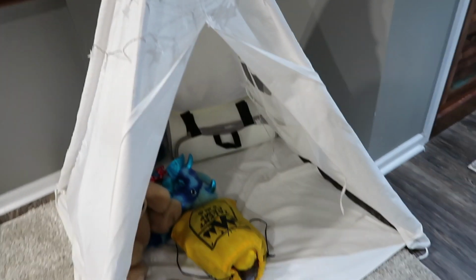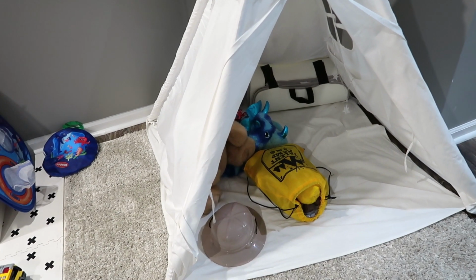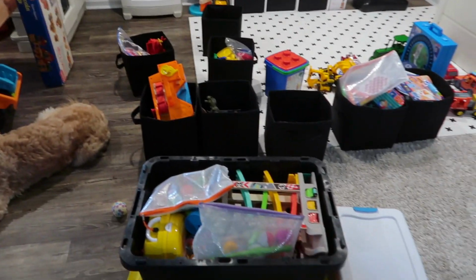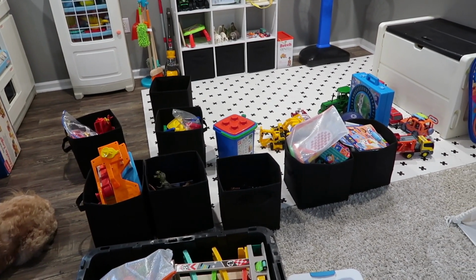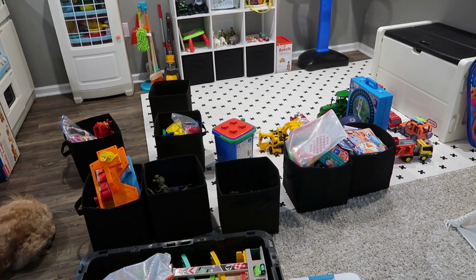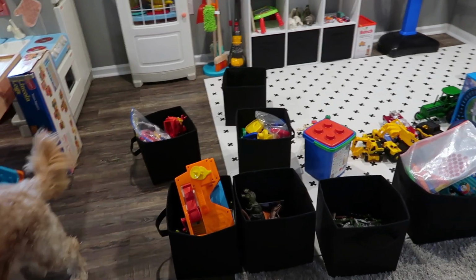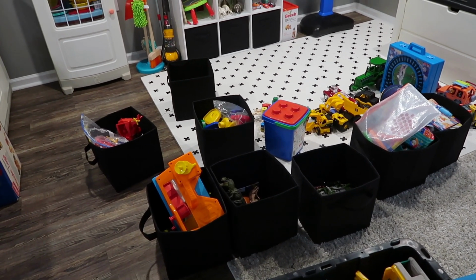And then like I said, I'm going to set up this camping site for him so he can pretend play like he's going camping, because he's really into outdoor things right now. So I'm going to go through and pack up all this stuff. I'm going to try to keep the cubes as is and just slide them into the slots in our gym alcove area. And I found these little white labels that were kind of like acrylic